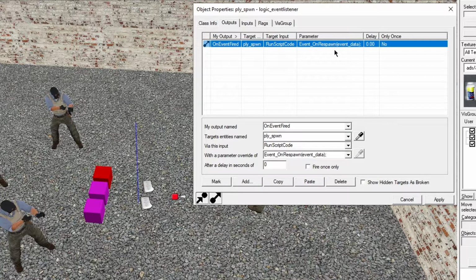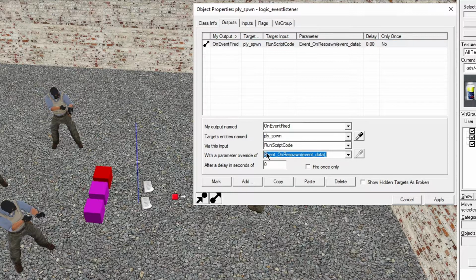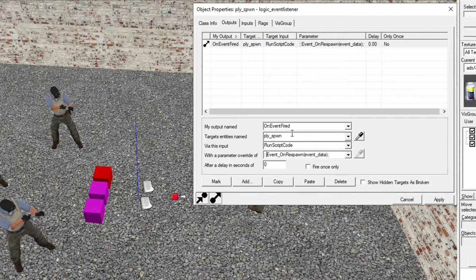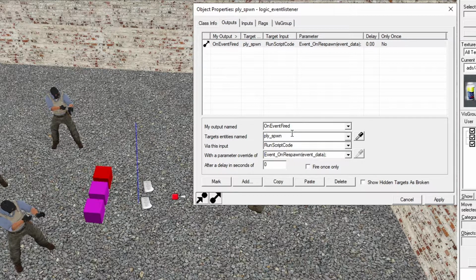So we pass this in, and this will contain information from the event. One thing to note is this is a global function. You don't need to add the 2 dots here. For example, this. You don't really need to call that. You can if you wish, but you can just call it as this, as long as you know it's a